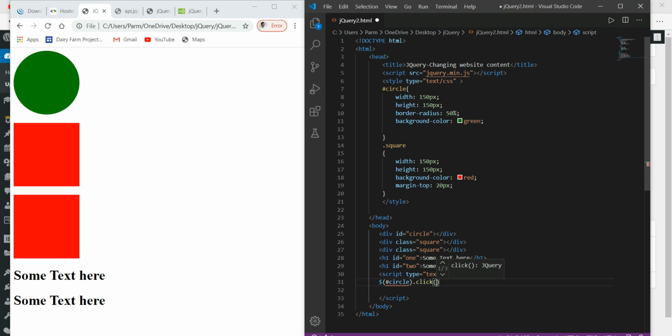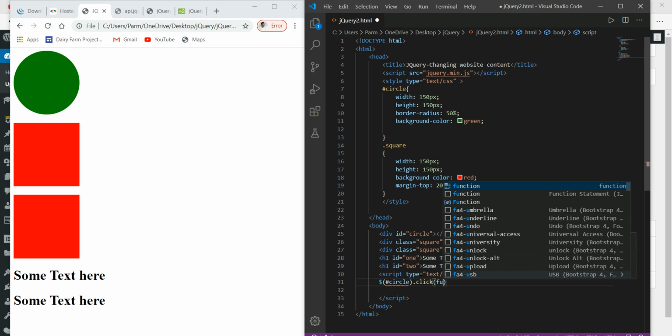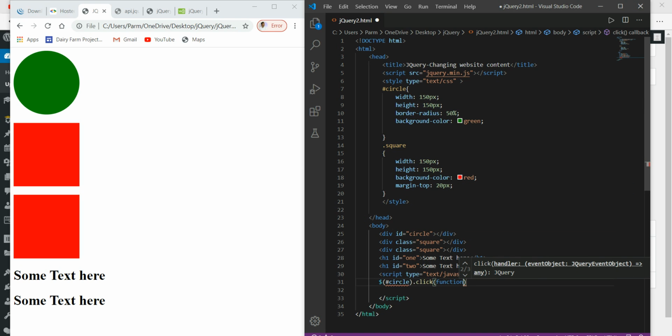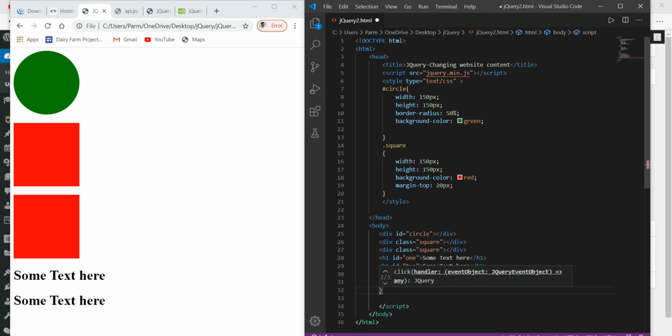So here we have to write function, then I have to write the body of this in curly brackets.